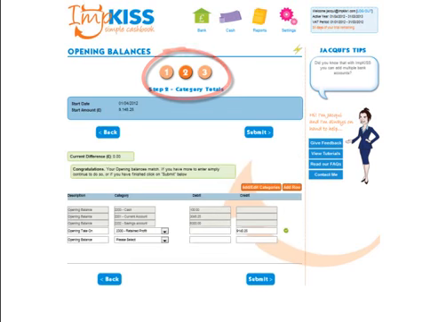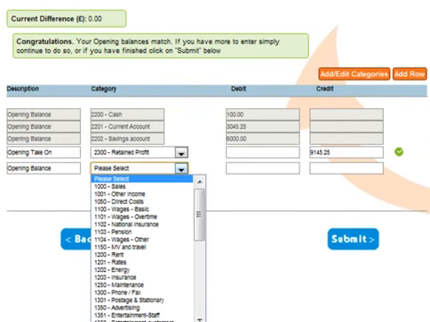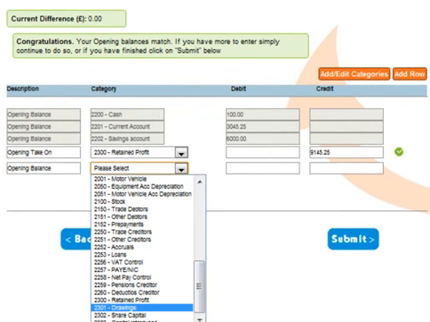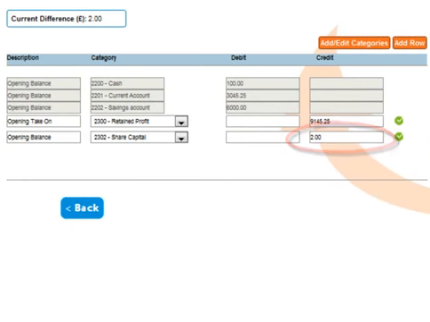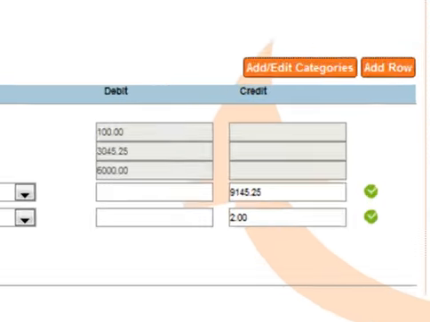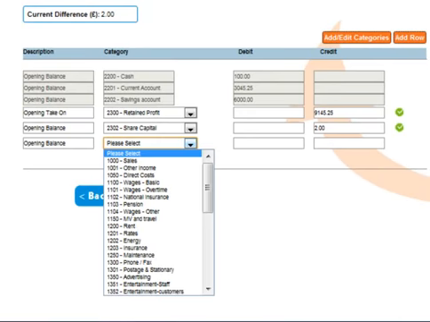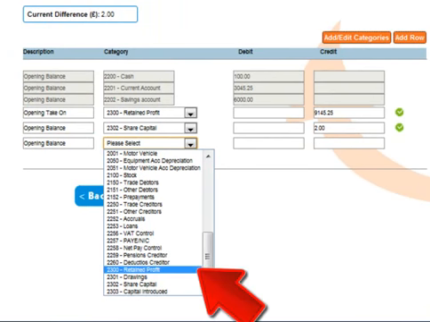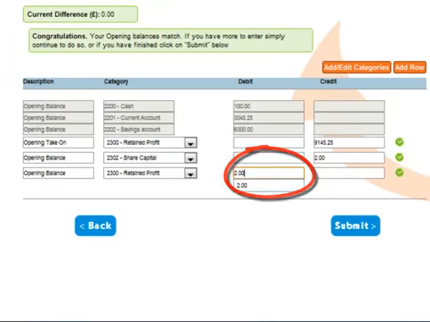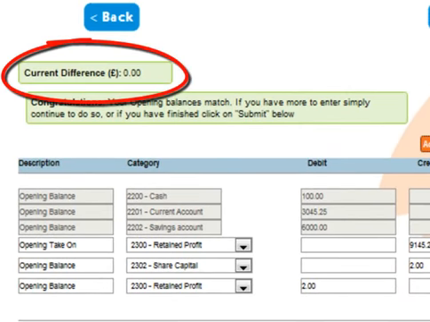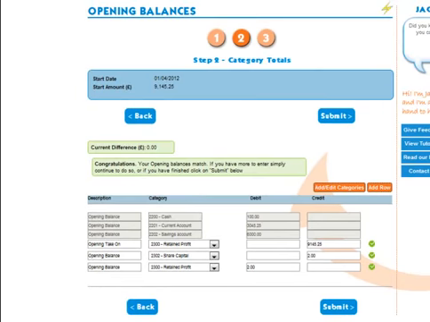In step 2, to add £2 of share capital, I select Share Capital from the drop down menu and enter the credit of £2. I then need to add another row, so clicking on the orange Add Row button and then selecting Retained Profit from the drop down menu and entering a debit of £2. The blue and green Current Difference box shows a balance of 0, which allows me to submit by clicking on the blue Submit button,